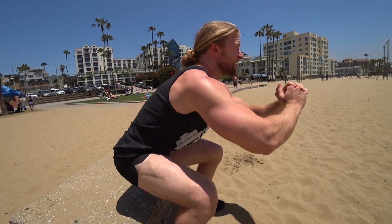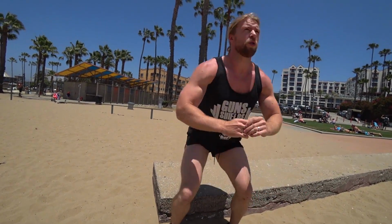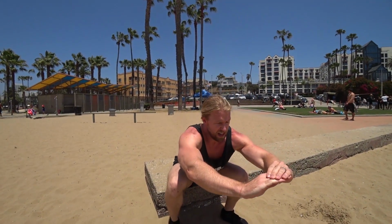Maybe think of it as training wheels. I'm gonna go back down, touch, and then bring right back up. So I'm gonna go ahead and do 3, 4. As you can see, I'm bringing my hands a little bit in front of me. This is just for stability. 6,